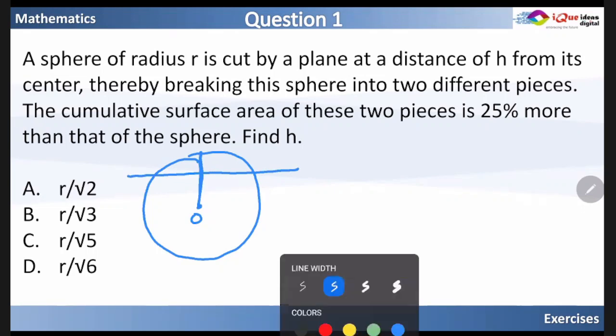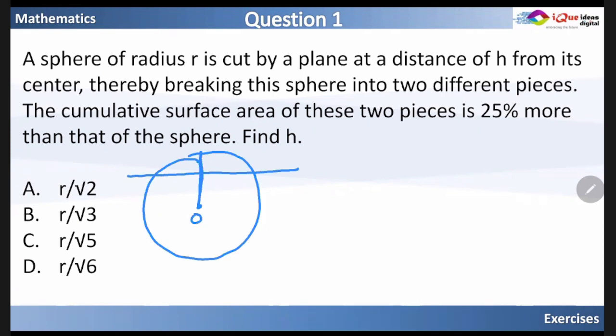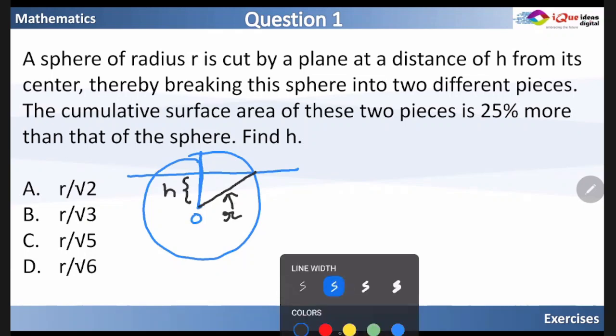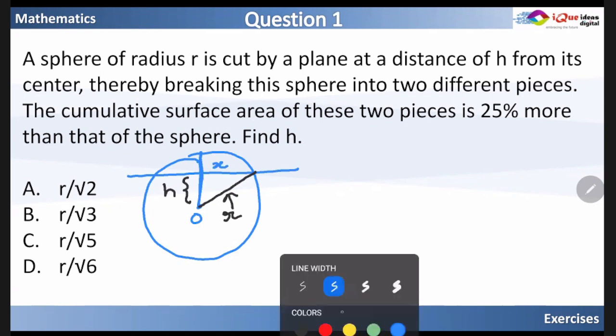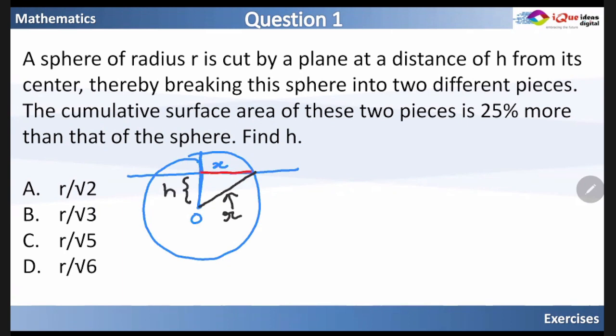So can I say that this particular distance here is equal to h, and if I join the line here, then this particular length is also r, as it is again the radius, right? Now if I put this particular thing as x,